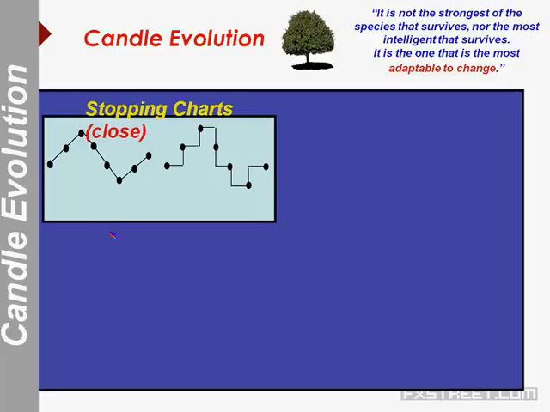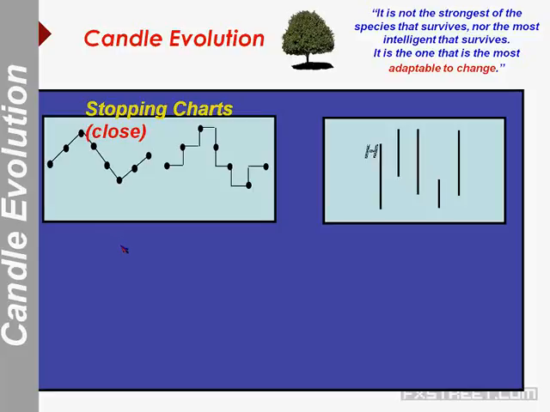So the first charts that we had were actually called stopping charts, and they only included the closing price. So we would just look at the price of, let's say, yesterday, the day before, and the day before, and we would just basically plot out those closing prices. So many, many years ago, people only looked at closing prices, and they were called stopping charts. Then people realized that maybe there was some other information that might be useful, and so they decided that the extreme price range of the trading session would also be useful. So they would look at the session high and the session low. And these charts were called pole charts,